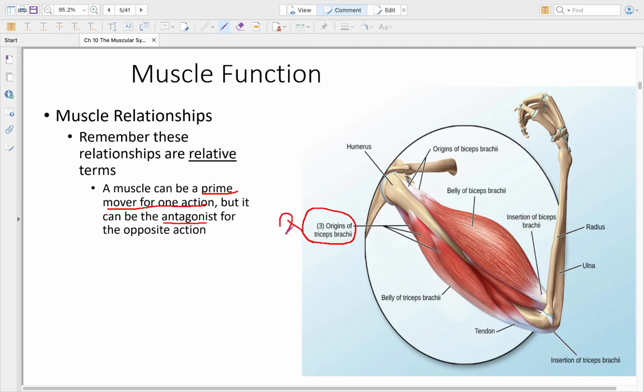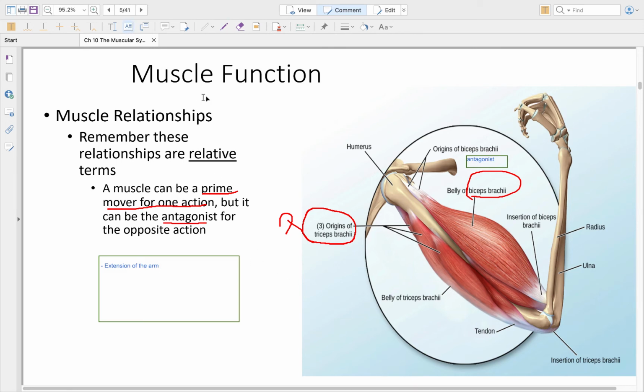Okay, so in the previous one, it was the antagonist, but here it's the prime mover, where the bicep brachii is going to be the antagonist in this situation. Okay, which is basically what we're trying to do, is the opposite of flexion is extension. So this would be extension of the arm, okay,